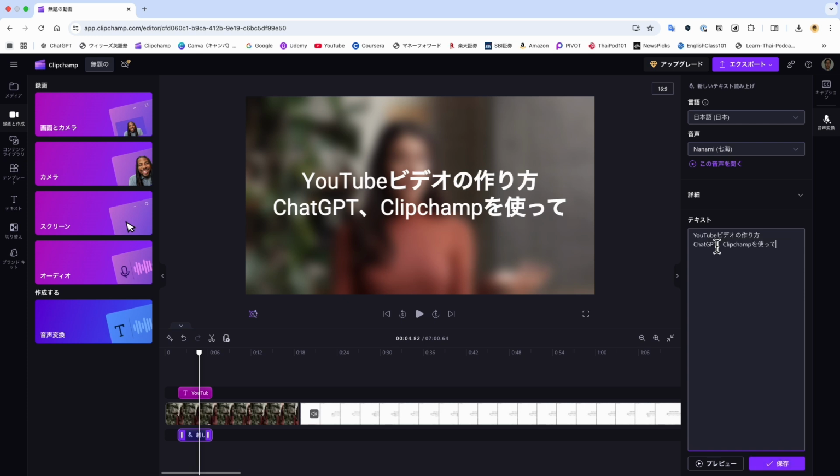Enter the text in the text box. Press Preview to check the narration voice.